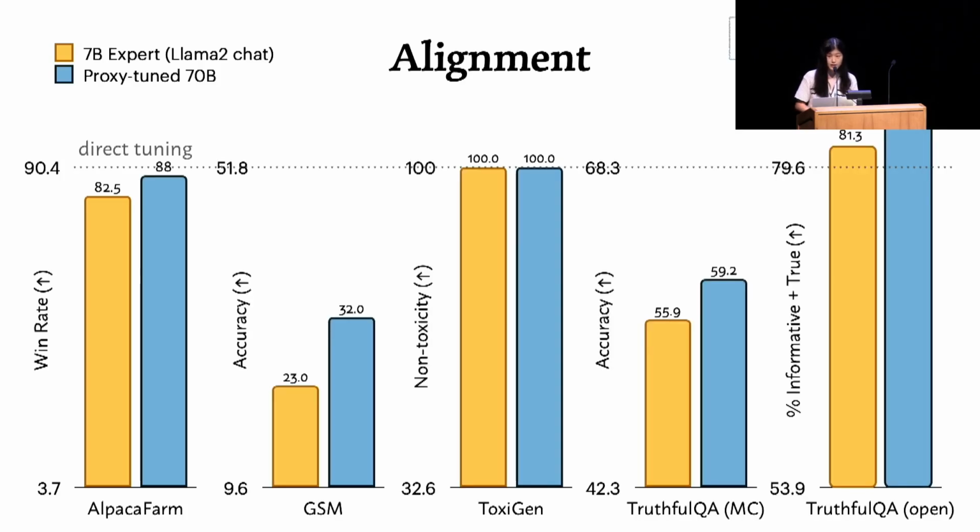So overall, by operating on Llama 2 70B with proxies that are 10 times smaller, we can get 88% of the way to full fine-tuning. Proxy tuning also always outperforms a small expert. So this means that even when you use a small proxy on a large pre-trained model, you still reap the benefit of larger scale pre-training. In fact, on TruthfulQA, proxy tuning actually exceeds the performance of the truly tuned chat model.